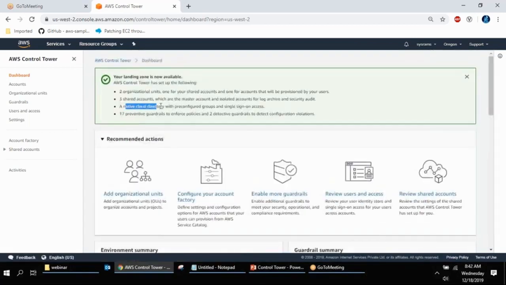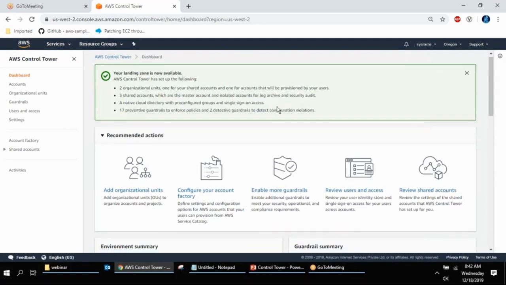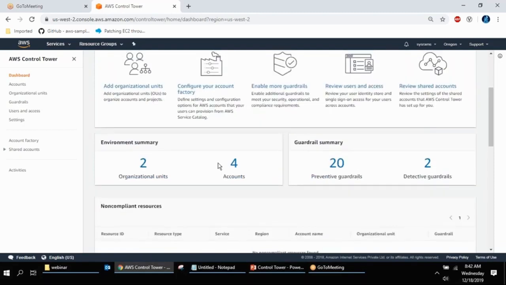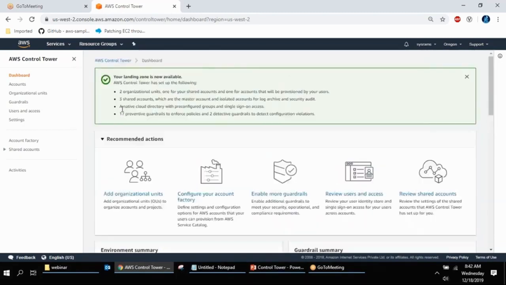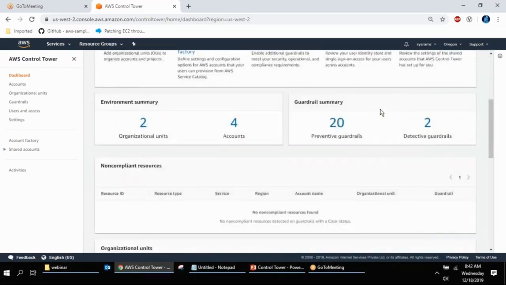Okay. Native cloud directory is nothing but a simple AD. Earlier there was a simple AD, right? They created the simple AD with single sign-on, SSO, and then 17 preventive guardrails and 2 detective guardrails. Okay, so this is the dashboard. You can see how many guardrails we created, detective, preventive, and how many accounts. So when you click here,